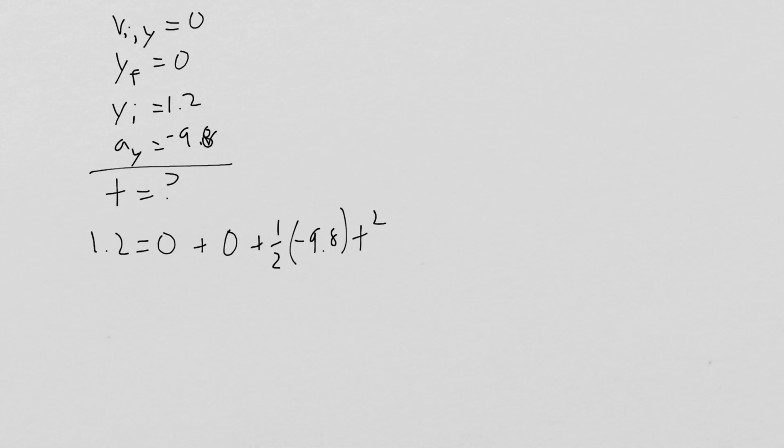Oh, sorry, I did flip that here. Let me rearrange that. So we have to write y final, which is 0, and y initial is 1.2. I wrote them backwards. So if you solve this for t, the negatives will go away, which is good because you have to take a square root. Moving this to the other side will give us a second negative to cancel the negative on 9.8. And so if we do that, we're going to get that t equals